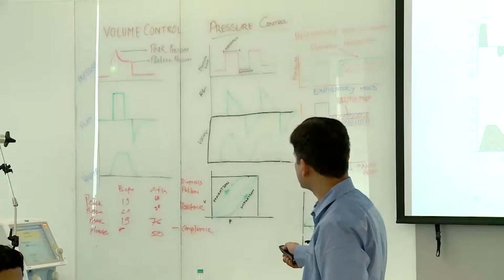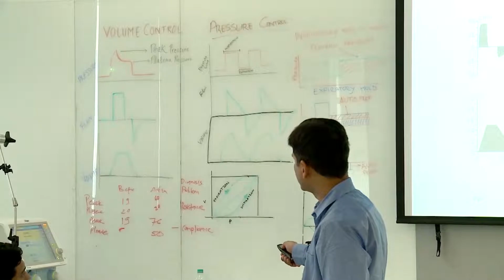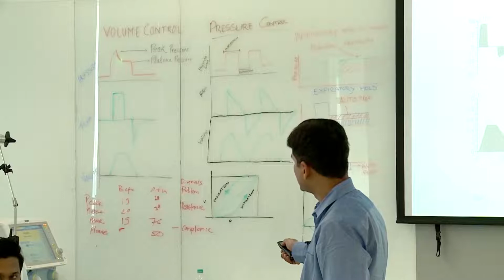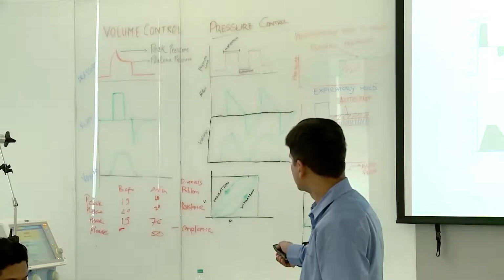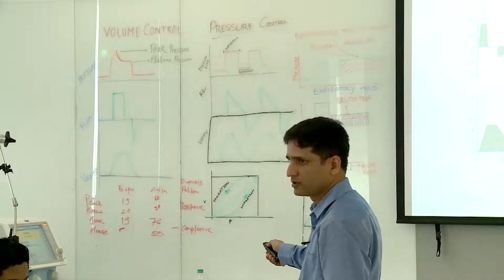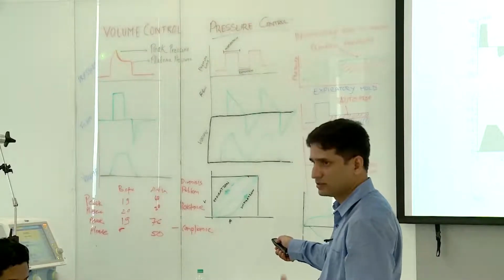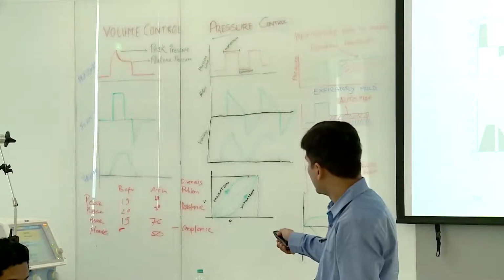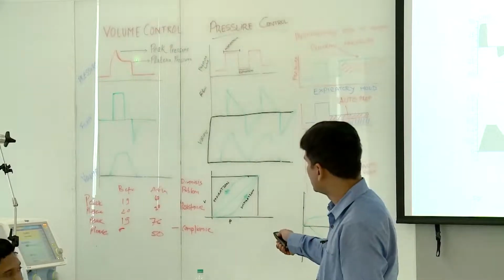So up to this point, the flow is used to overcome the resistance of the airways. Then after that, the pressure gradually equilibrates with the alveolar pressure. That is why you can see two pressures in volume control ventilation. This is called the peak pressure, or the pressure in the bronchial central airways, and then the pressure drops, and the pressure inside the alveoli or the lungs is called the plateau pressure.